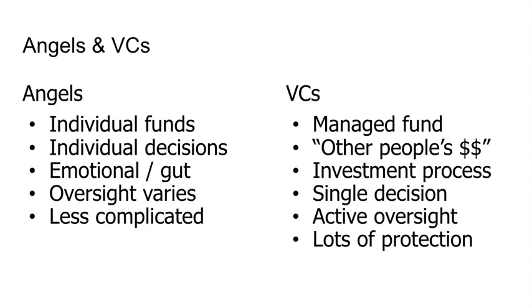A venture capital firm is a managed fund. They raise money from wealthy individuals and other firms, pension funds, and so on. And then they pool all that money and they deploy it through a standardized investment process in which they look at many deals. They make then one decision. So when you get an investment from a VC, you're getting one decision that then controls a significant amount of money. Whereas with angels, each angel is making their own decision.